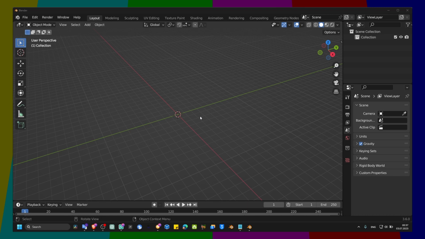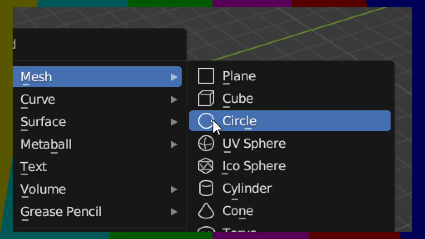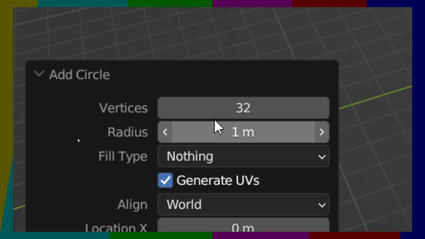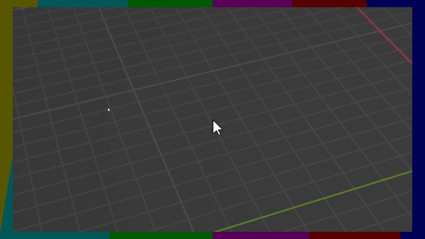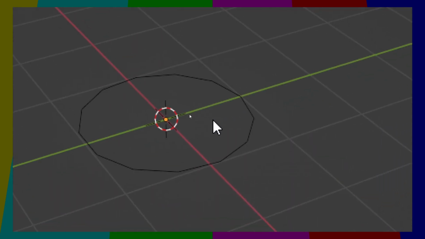Okay, and what you can do now is to press on your keyboard Shift+A, and here make sure you select circle. Now here in vertices, we need only 13. Here we have our circle,